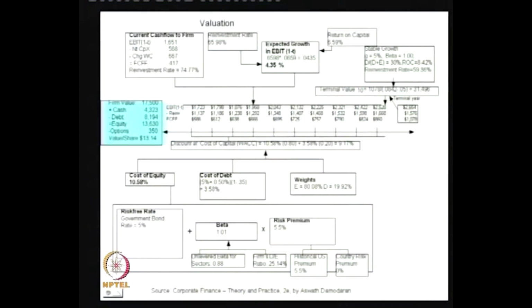Since the cash is always there with the company, whatever value has been derived by the method is the value of the total operating assets of the particular company, and to that we add this cash component. So, in this case we have got 4,323 as the cash. So, total we got now 17,500, which is nothing but the discounted value of all this free cash flow, plus cash of 4,323, that is the value of the total farm. From that the company's debt has been taken out, that is, the existing debt is 8194. Then comes the valuation of equity, that gives 13,630.